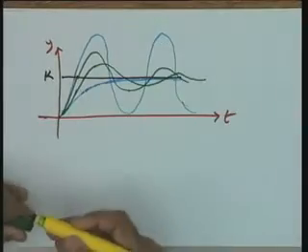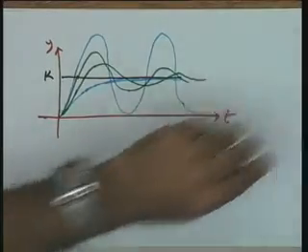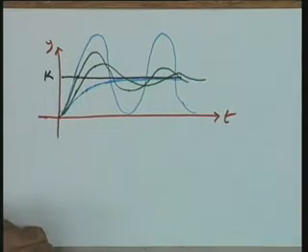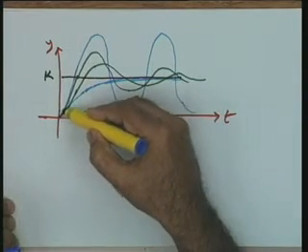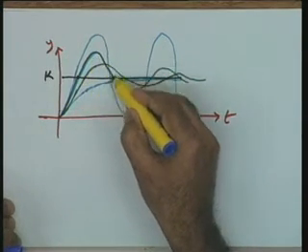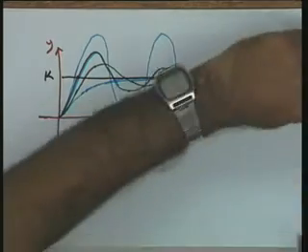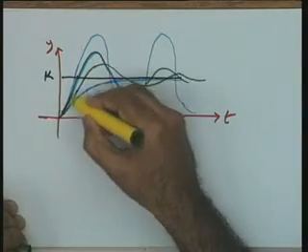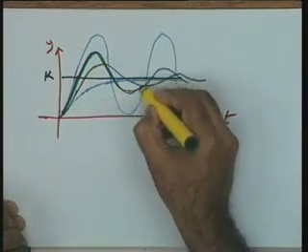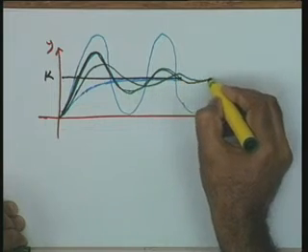Look at the response curves, the green curves in this expression please. The green curves correspond to zeta greater than 0 less than 1. As you find over here, this particular expression is again an oscillating behavior, but the oscillations are damped.